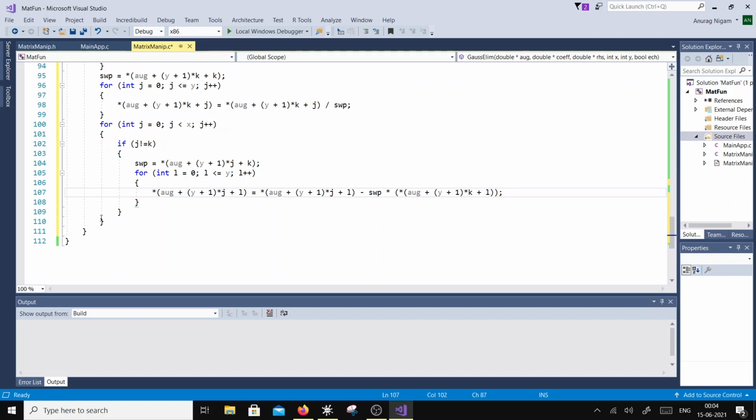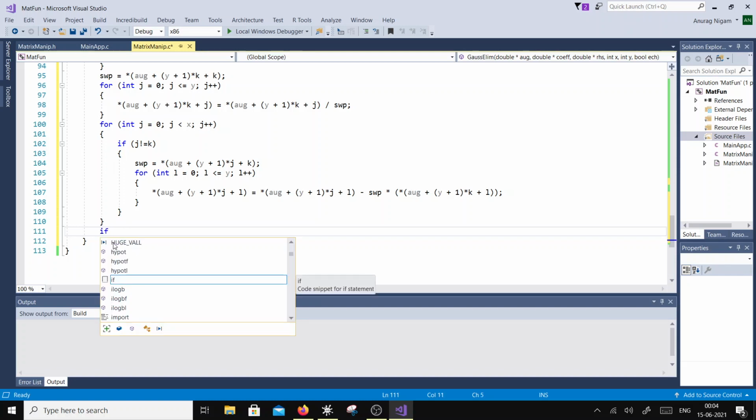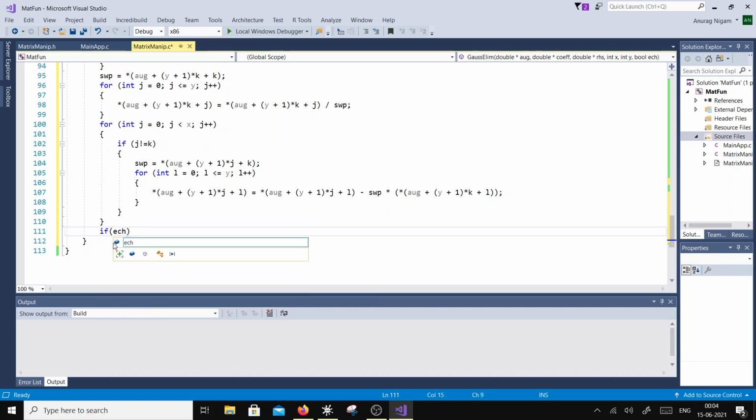So now once I come out of this, it would have reduced the coefficient matrix part of the augmented matrix to be an identity matrix, and the result would be in the rightmost column. Okay, so let's print that augmented matrix. I have to just go for